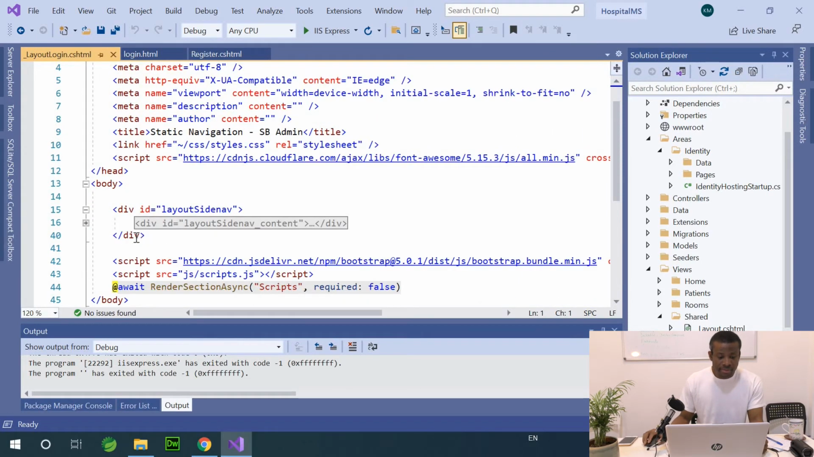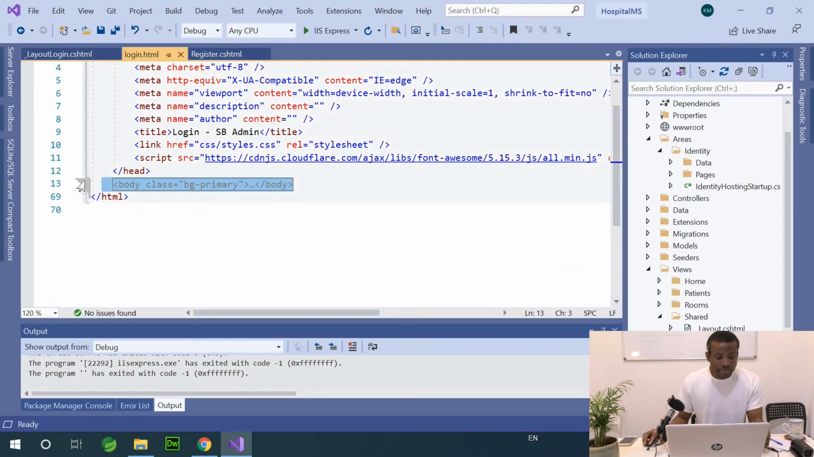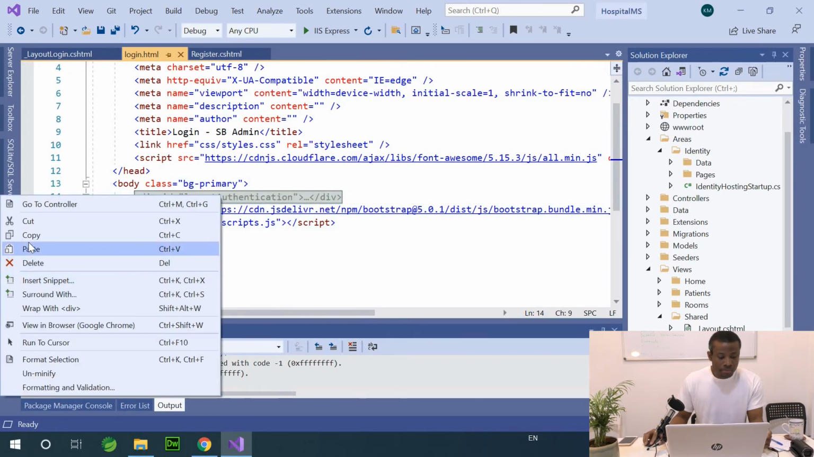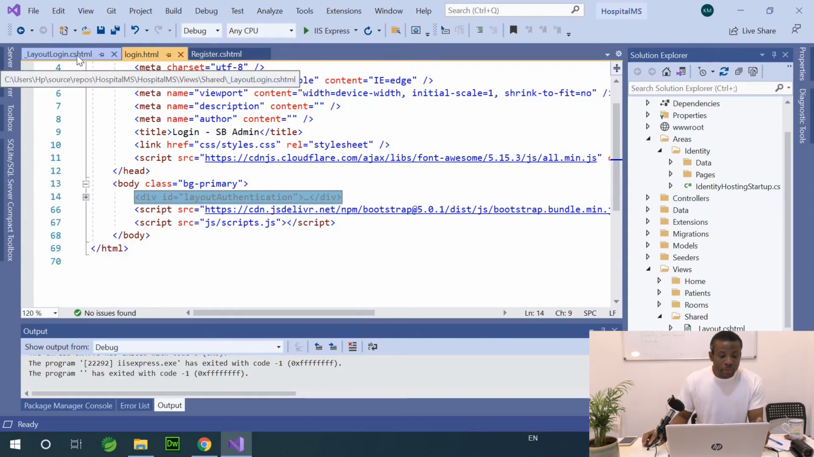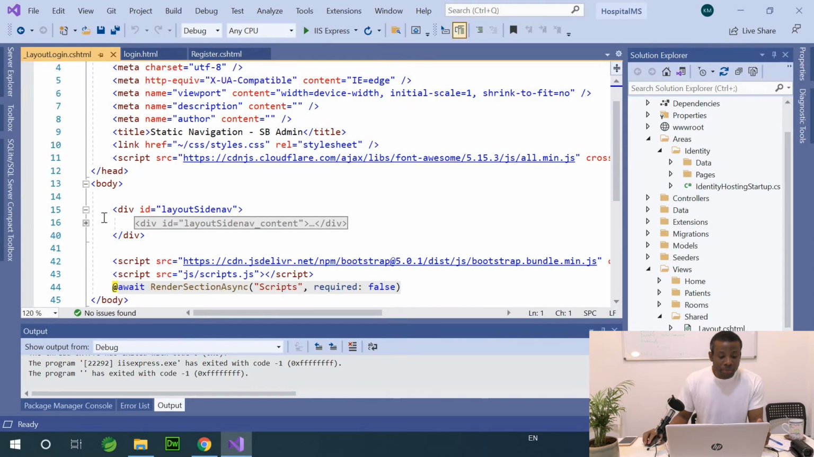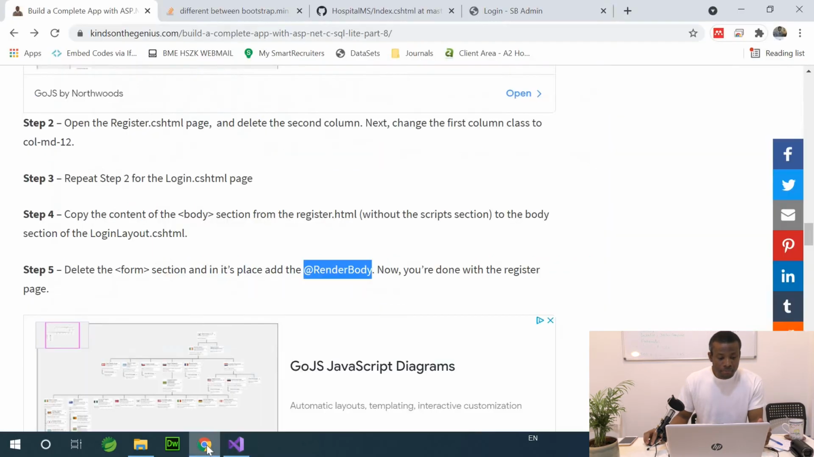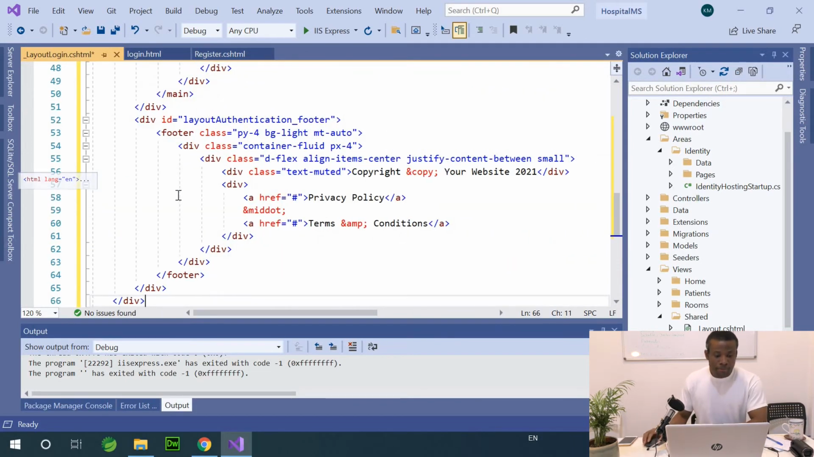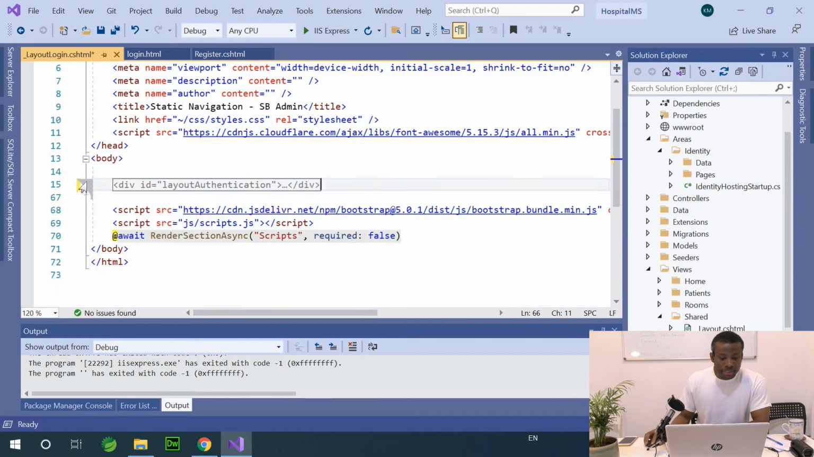So the body section without the scripts. So let's go back to this one. So I'm going to copy the content of the body section, which is this. I'm going to copy it and use it to replace the body section right here. Let me just check. I'm going to use it to replace the content of the body section here. Okay, I'm going to replace the content of the body section without the scripts. I'm going to save everything